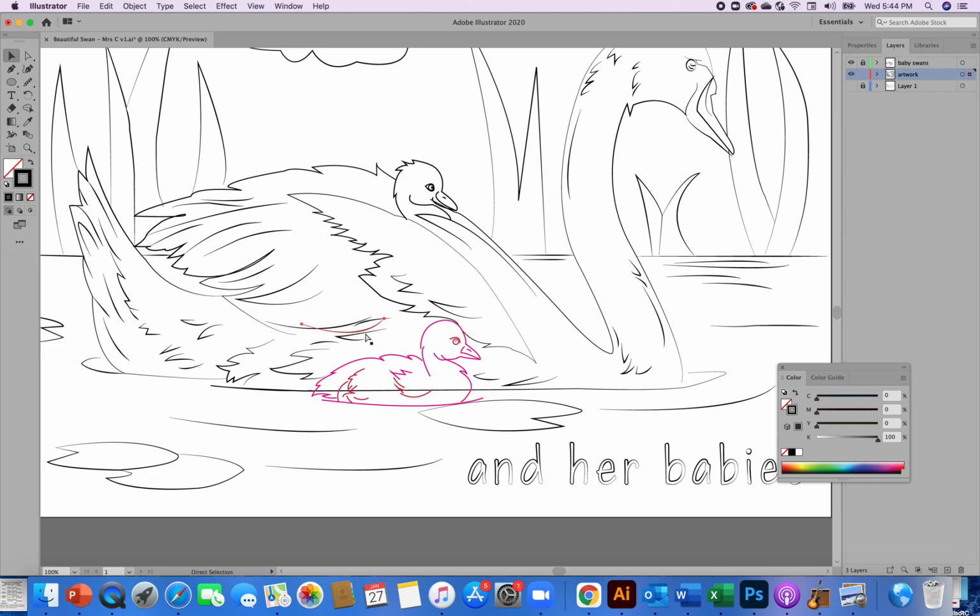Here's what I probably need to do. Oh, I see what's happening. I need to lock my artwork and unlock my baby swans. I'm not quite sure how my baby swans became locked and my artwork became unlocked, but it's the opposite. I need my baby swans to be unlocked. So I'm going to click black,